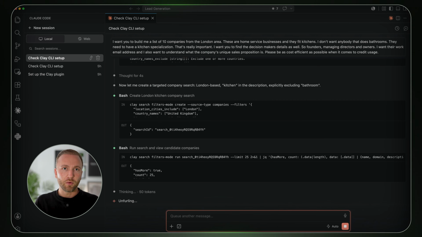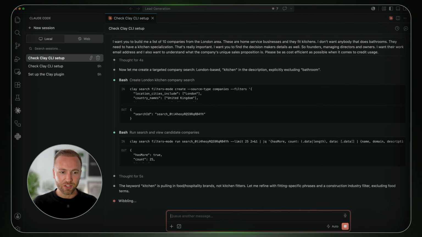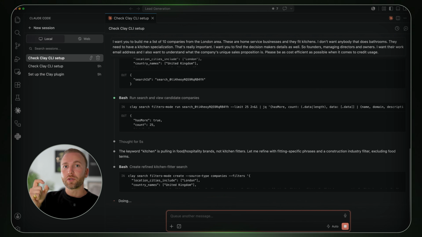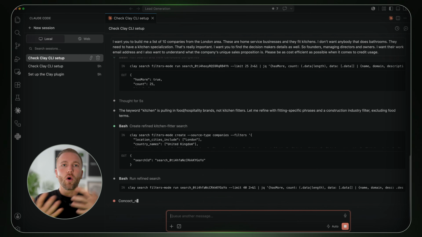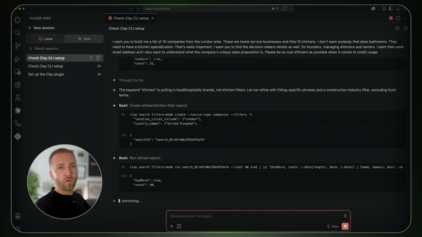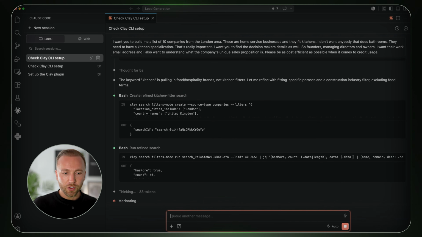Now, most people who are reaching out to prospects will build a list of their TAM because it's easy to get access to. Very few companies will build a hyper-personalized, hyper-targeted list of SAM where they only reach out to the people they genuinely want to work with. That means they're going to get a better result, more replies, and spend less money on generating those leads. But it used to take an awful lot of time to get that list. Now it doesn't, because Clay will just go and figure out everything it needs to figure out. It will work out all of the filters, and it will go build that list for us